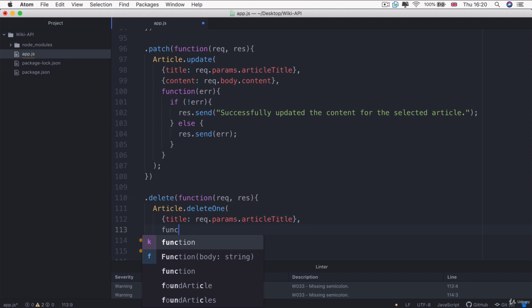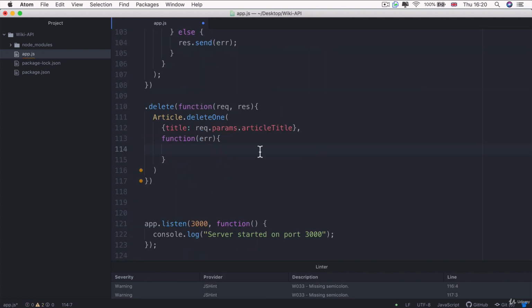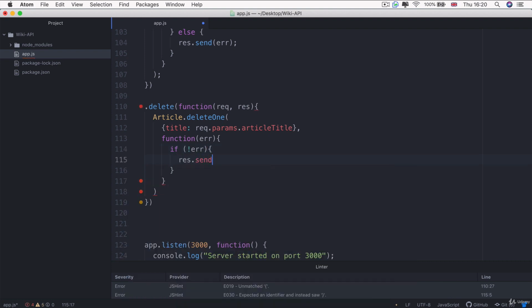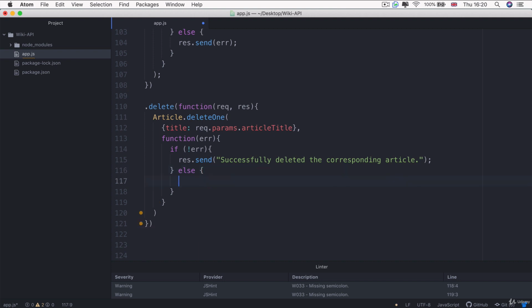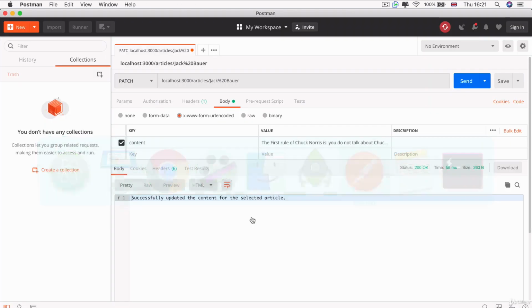And then we have our callback, which can give us an error if there was one, and if there were no errors, then we're going to res.send that we have successfully deleted the corresponding article. But if there were some errors, then we're going to res.send those errors to the client. And now we can close everything off with some semicolons and hit save, and we're ready to test our final